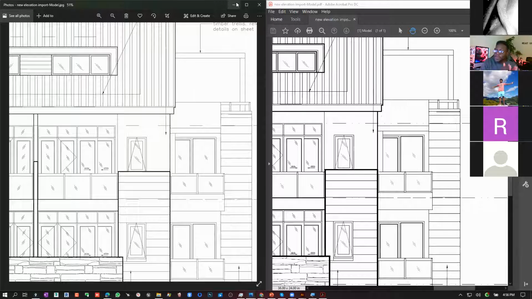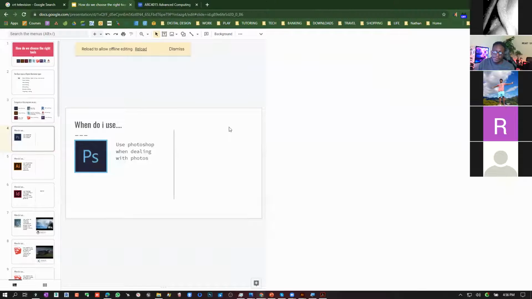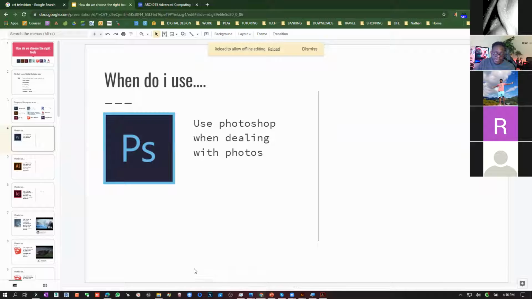Because you could very well Google merging images together using Illustrator and still get the results, or merging images together using InDesign and you still get the results. There is a way to do it, just like how there is a way to draw line work in Photoshop. So I'm going to show you some considerations when it comes to that now with workflow,